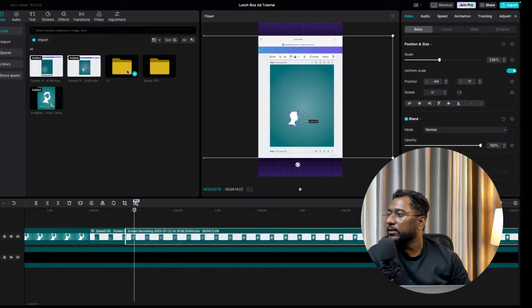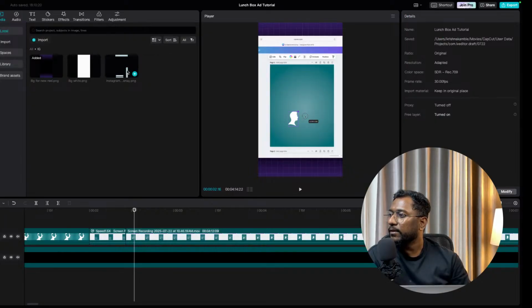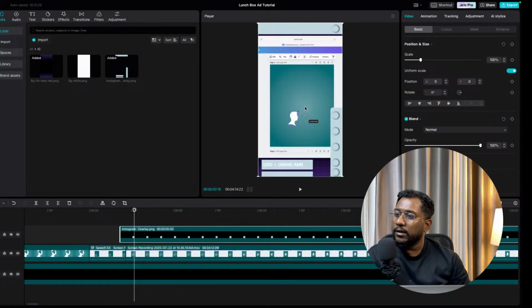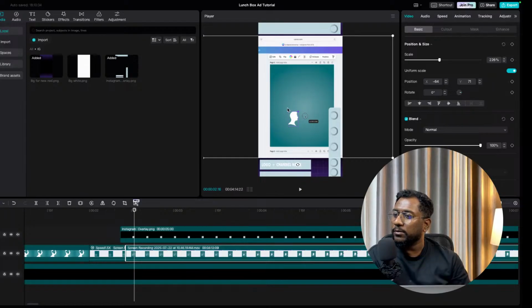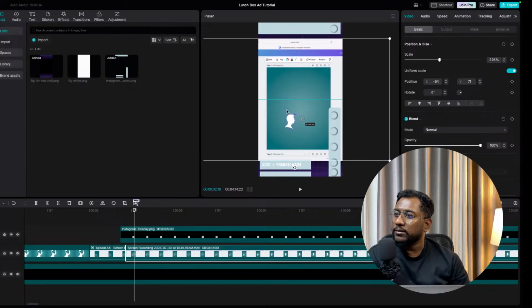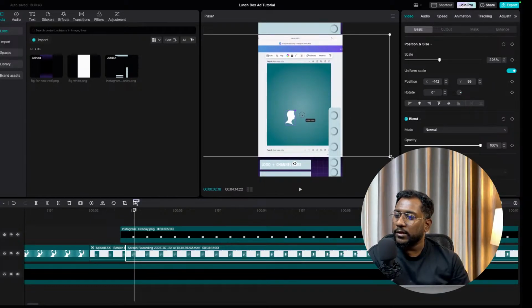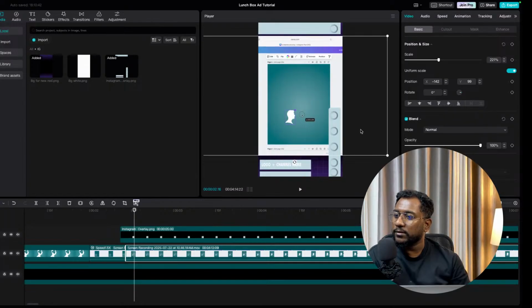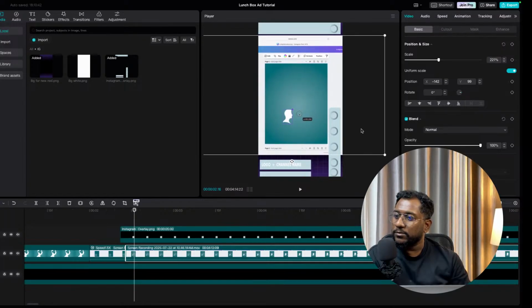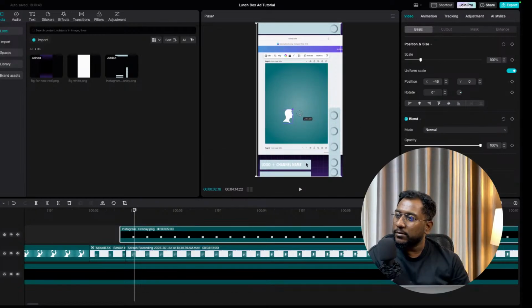Okay, so let's again go to the IG section and add this overlay here, and now I can see it's cutting from this corner. So I will just select my video clip and I can adjust like this. If the size is too much, then I can reduce the size also, like this. So I think this will be visible, right? Everything will be visible on the screen from here. Okay,